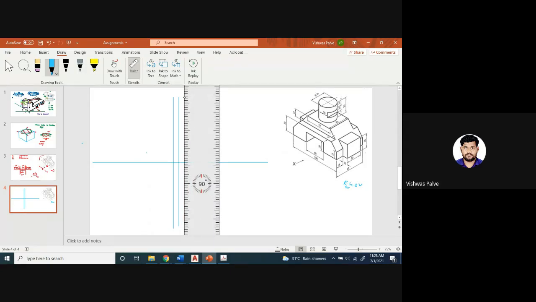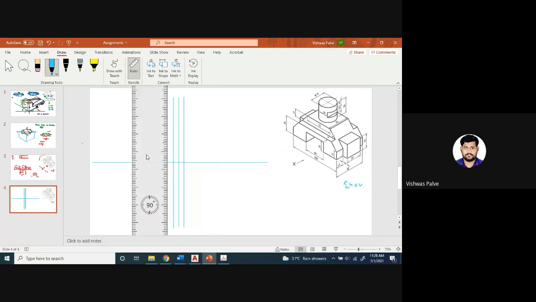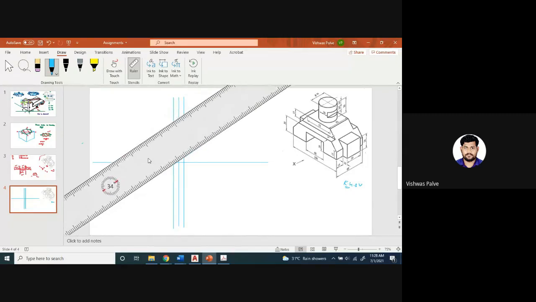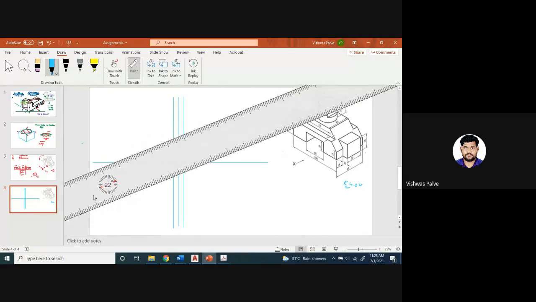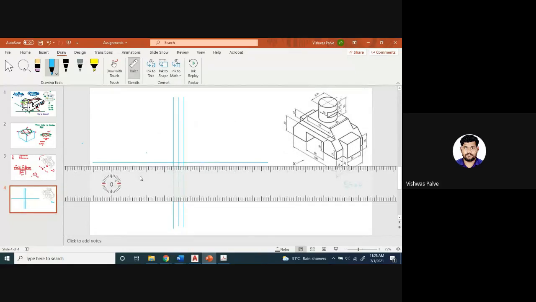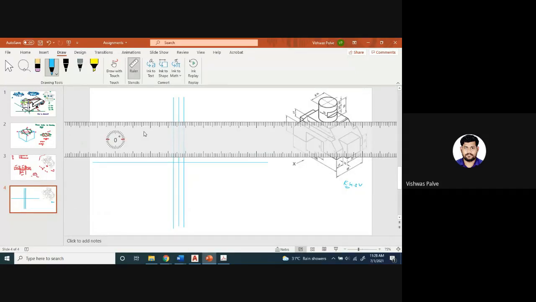So these are the reference lines, we can say, which we have to draw to show the different distances between the views. And all the blue color lines will be drawn as faint lines. Please take care of that. Everyone has to take care that the blue color line is the projection line. The faint lines have to be drawn very, very faint. It should not be visible actually.